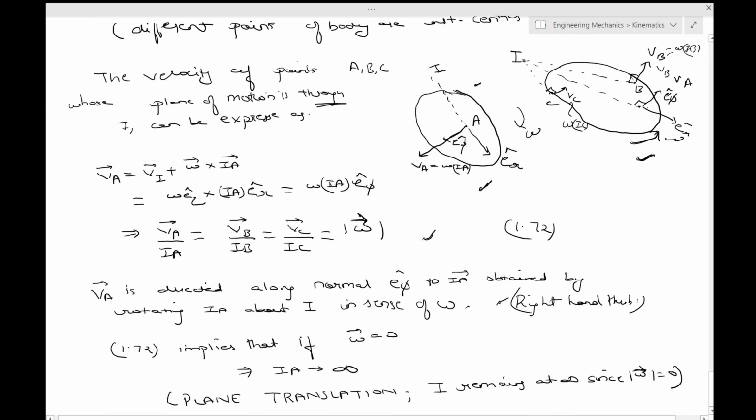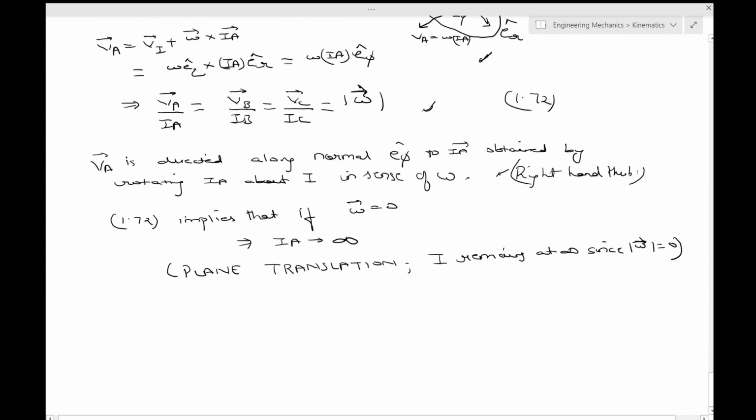So for example, if VA is not perpendicular to VB, then I will lie at the intersection of normals to VA and VB, and if they are parallel to each other, so let me show that in slight detail. So for a rigid body in plane motion,